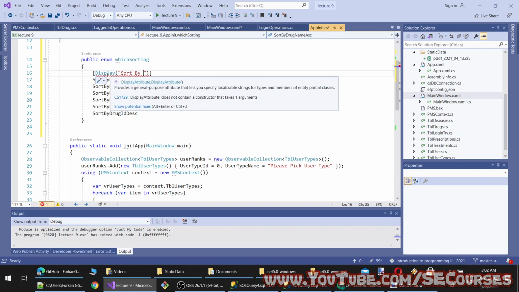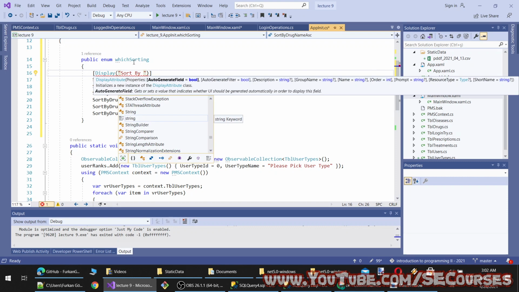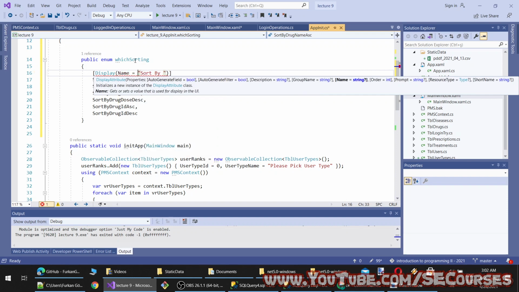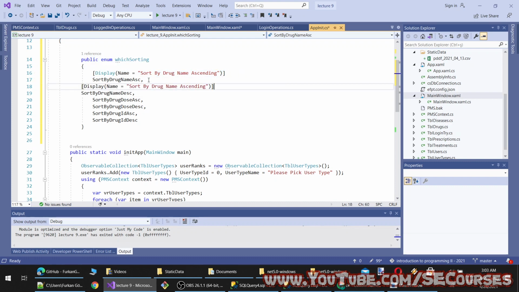Okay, why do we have a problem with this? Okay, let's see. Auto-generate field, auto-generate filter, description, group name, name. Yeah, I need Name equal to. Okay, sort by drug name ascending. Yeah. Now let's set the enumerations for the other ones.